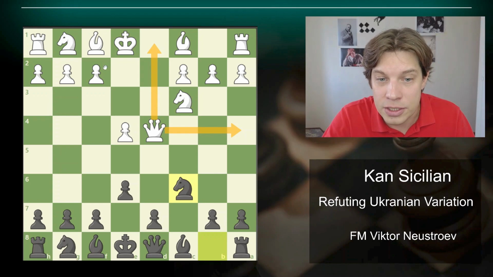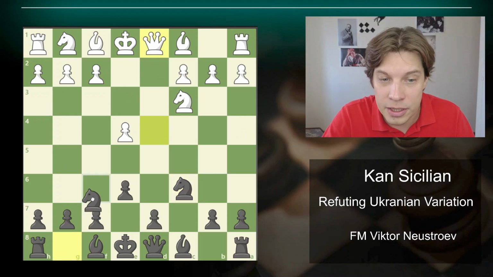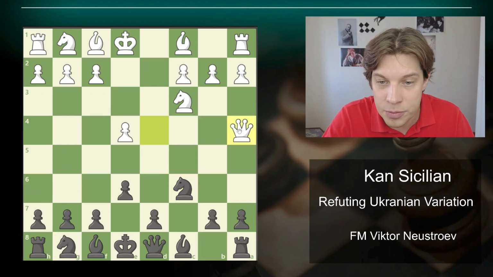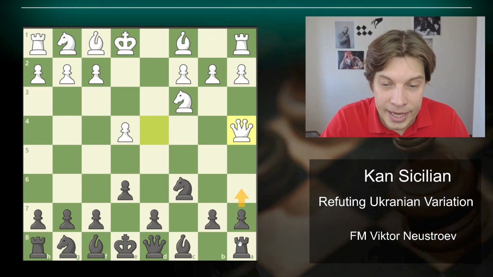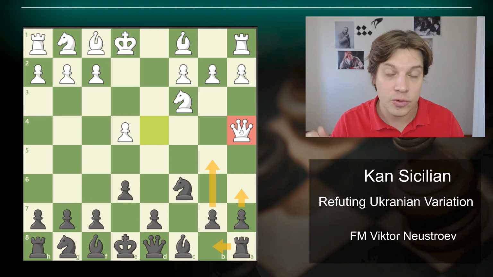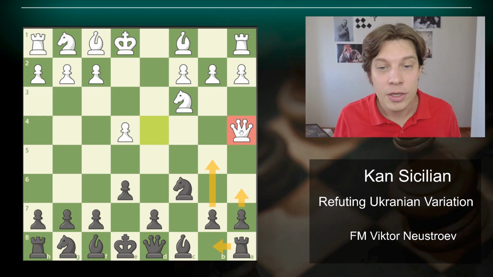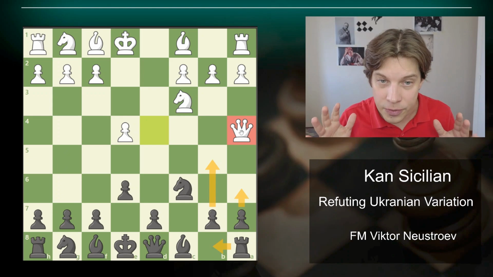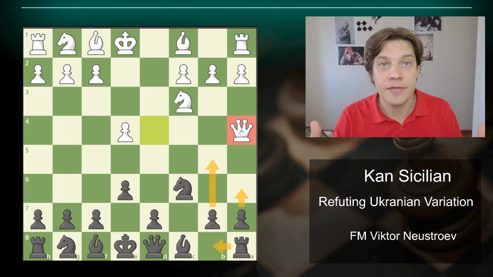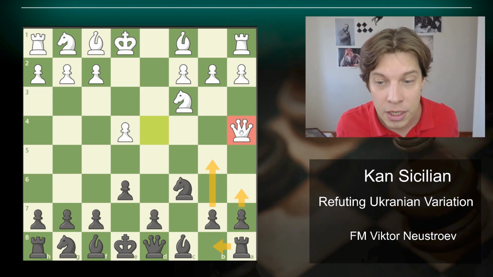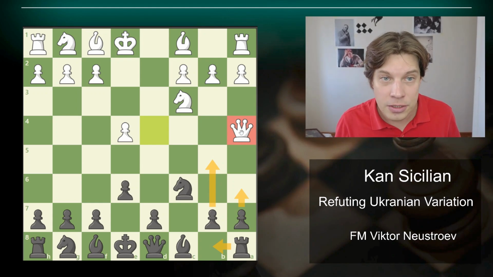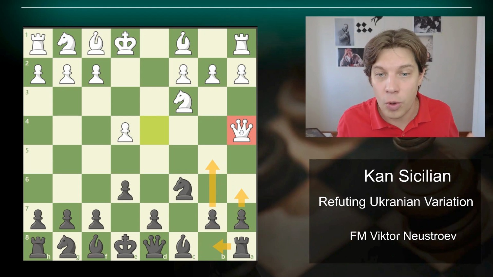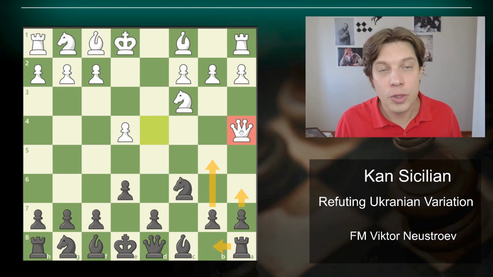follow the same strategy. If queen d1, you can play knight f6 and then d5, having an isolated pawn. If, for example, they play this move, you know what to do. Well, if you want, you can start with knight f6, but I suggest you playing a6, rook b8 and b5, trying to trap the queen. Even if you don't trap the queen, you have a serious advantage forcing the queen to move again. And with b5, you grab space and bother enemy pieces. So this is how you can defeat Ukrainian variation and outplay almost all of your opponents who don't know this